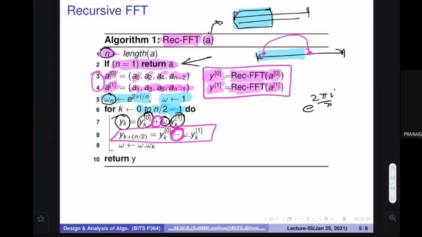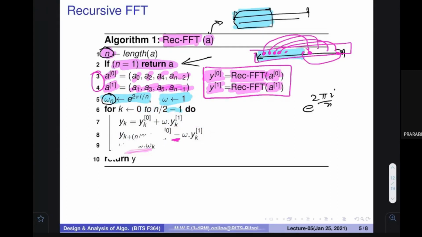I find out this also, and then I multiply with the wk. Then it becomes omega to the power 1, then omega to the power 2, 3, 4. Every other item I'm going to construct, and all these items are also constructed. When the last item is constructed, the complete y value is actually given to me. Okay, so this is a very important line. These two lines are very important.